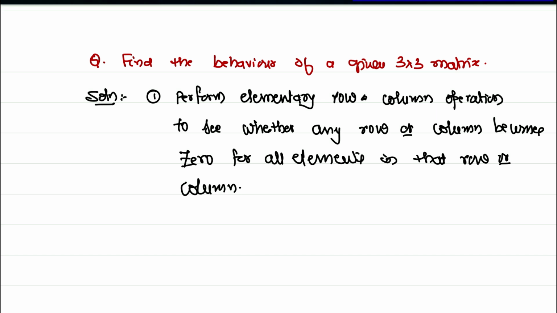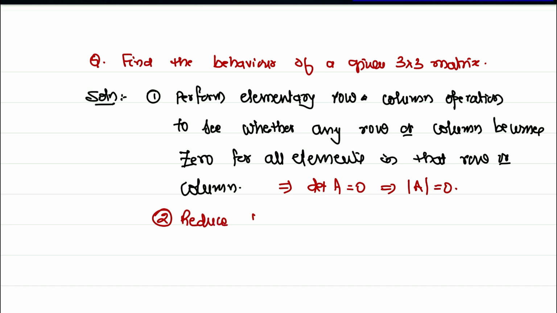If a row or a column becomes 0, what does it mean? Please try to understand, everything was explained in the previous lectures. It means determinant of A is equal to 0. That means determinant of A is equal to 0. If the determinant of a 3 by 3 matrix is 0, then we have to go for the 2 by 2 matrix. Next step,